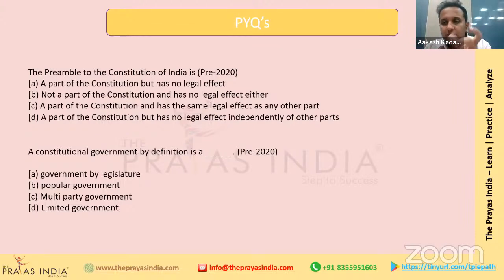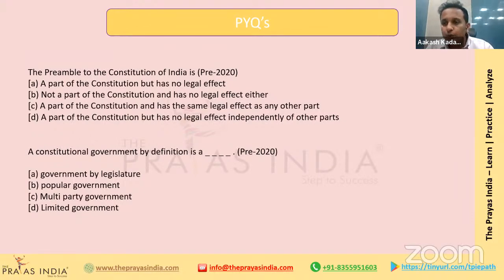Because the Kesavananda Bharati case came in 1973, that was the latest stand of the Supreme Court, and therefore, if we were aware of that judgment, we could have eliminated option B, that it is not a part of the Indian Constitution. But only understanding the Kesavananda Bharati case was not enough, because the other options, A, C, and D, are saying almost the same thing, that the preamble is a part of the Constitution. But if we have a deeper insight into the preamble, it is also said that the preamble of India is non-justiciable in nature.